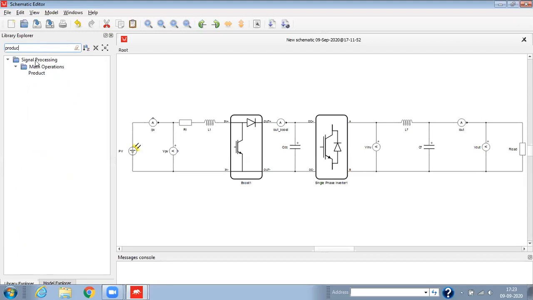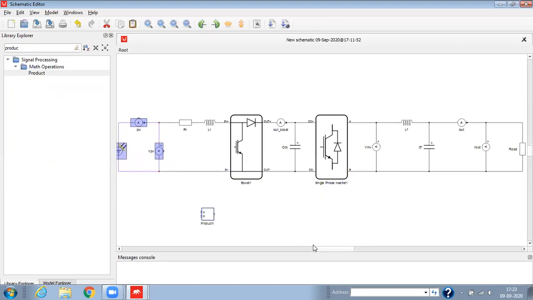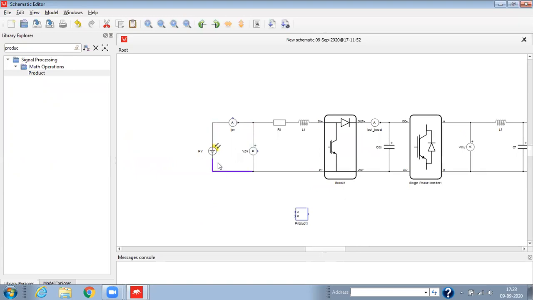Here we have the product. Now we are going to multiply this VPV and IPV.